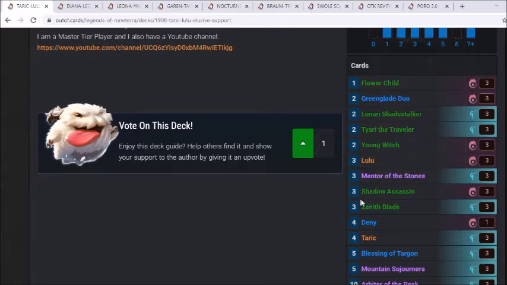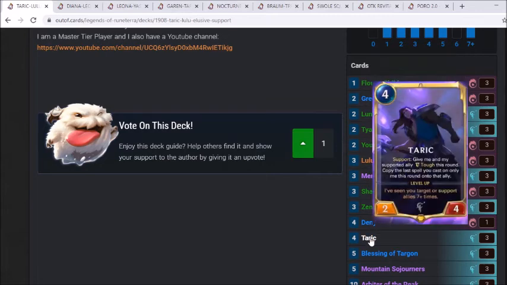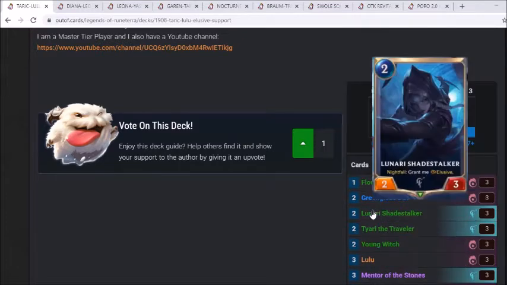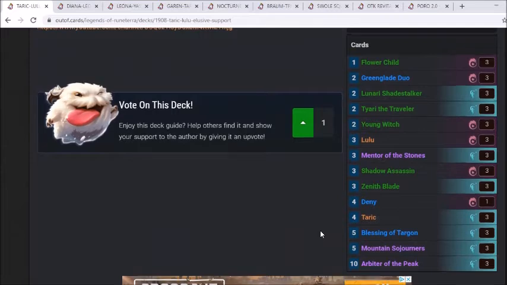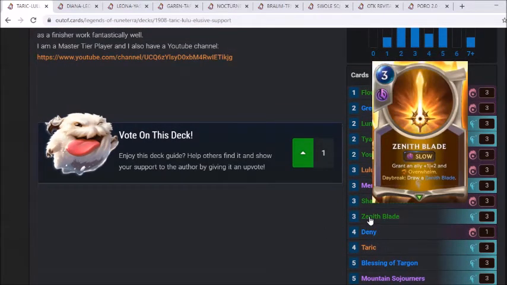Zenith Blade is kinda nice, because you can cast it on Taric, and then Taric will recast that on other allies. Giving Overwhelm and +1/+2 is very nice on Elusive in particular, because you care mostly about making them survive, so the health is actually more valuable. Obviously you need some attack on the Elusive units, but at some point you kinda need the health more. And so yeah, the Zenith Blade is also a very nice activator for Taric, because you redraw another Zenith Blade if